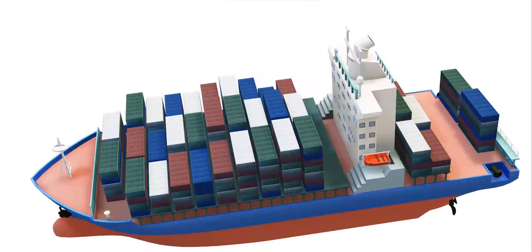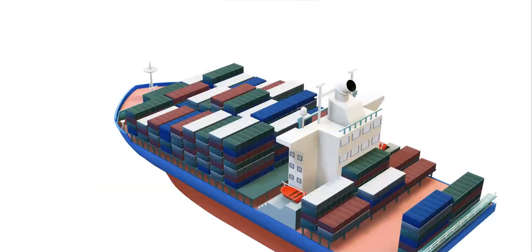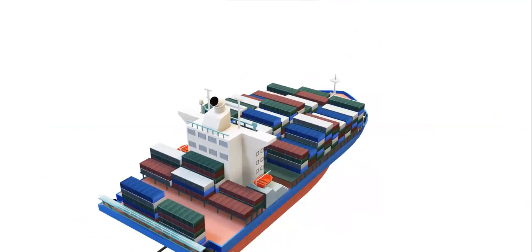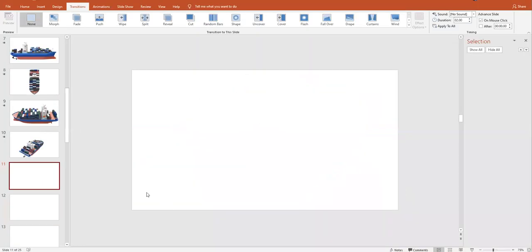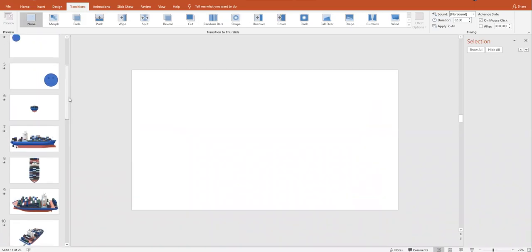Now you can see another way, whatever you want. So it is a very important tool, and we have been using this in our presentations for 3D models since it was introduced. So you can change anything, whatever you like.